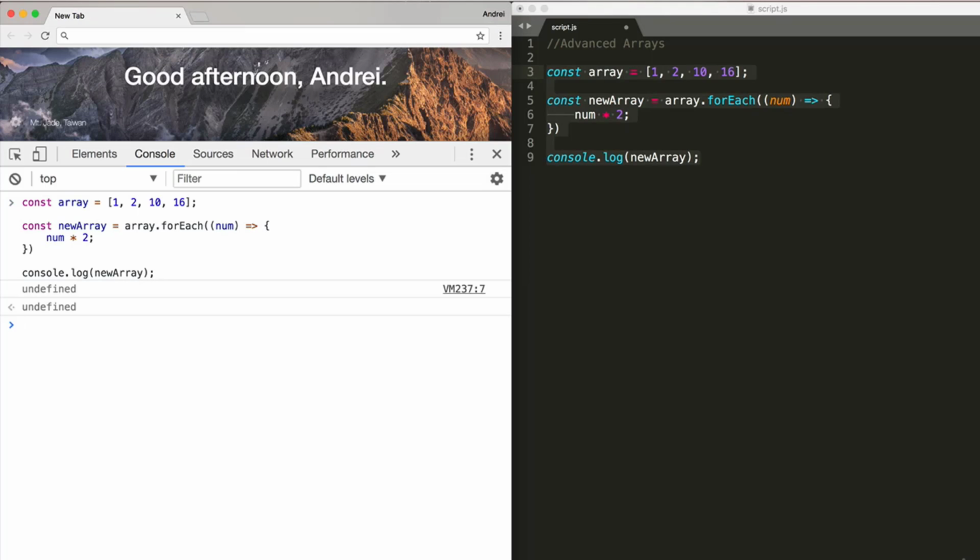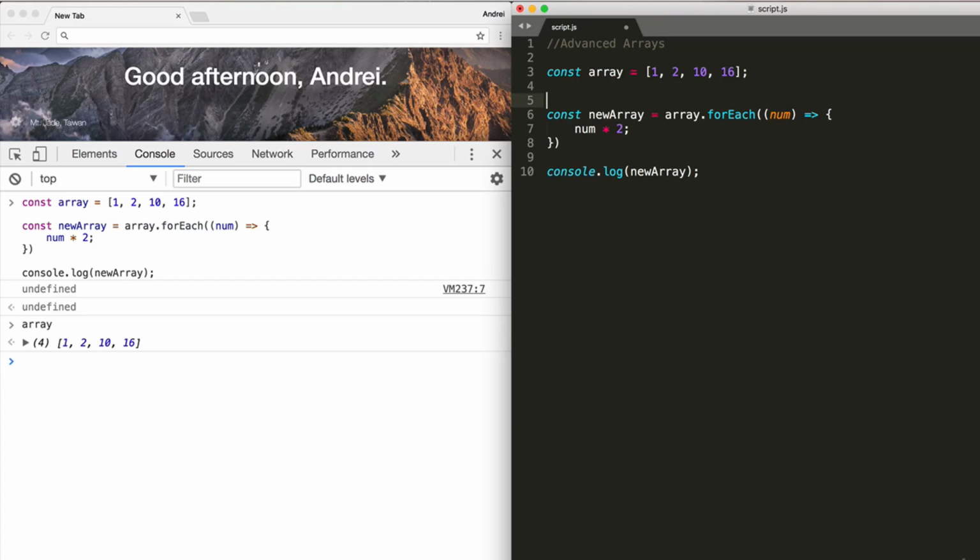Undefined. Well, because that's not how forEach works, right? forEach just says, I'm going to loop over these elements and I'm going to multiply number by 2. But we're not changing the array. If we look at the array right now, well, it's still the same thing. 1, 2, 10, 16. We're just randomly multiplying the numbers by 2, but we're not really storing it anywhere. If we want to do what we're doing, then we have to say